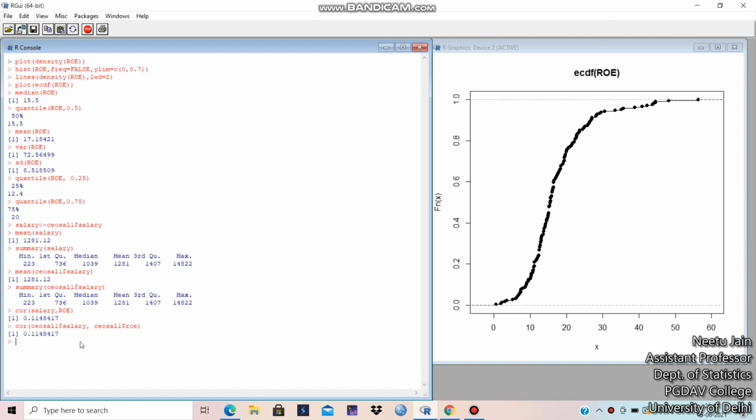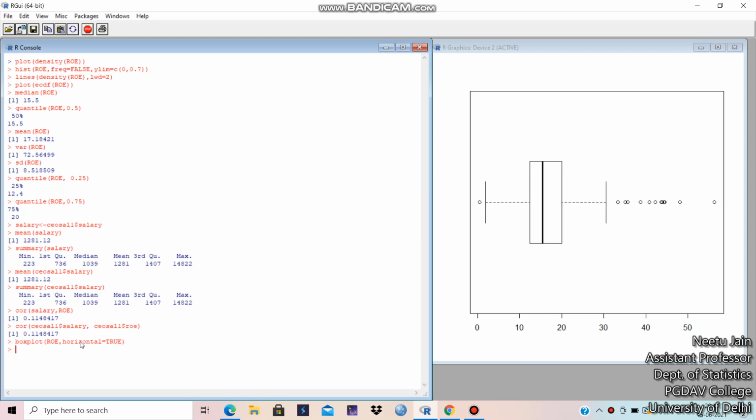There is no difference. Now let's see the box plot. How to do the box plot? Box plot for, first of all, the variable ROE, and horizontal is equal to true. We will write horizontal is equal to true. See, this is the box plot of the ROE variable, return on equity. Now let's see another box plot, ROE, comma,